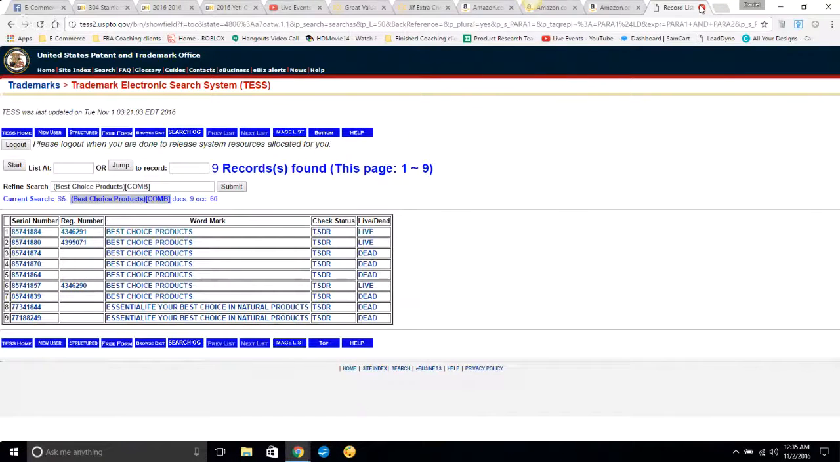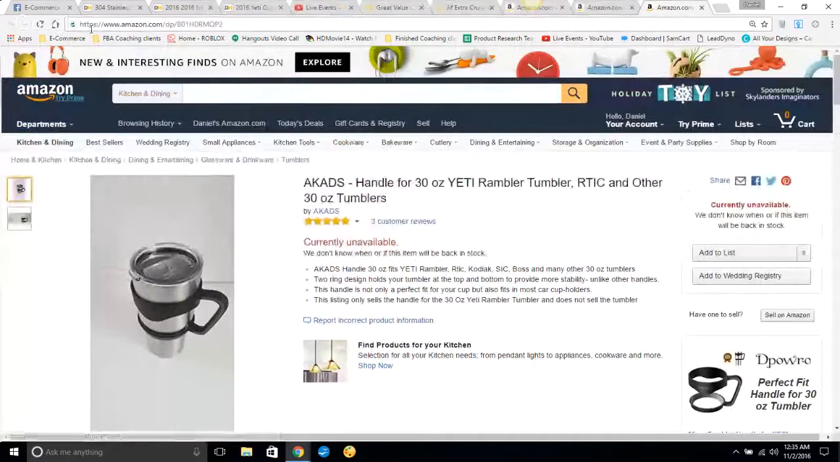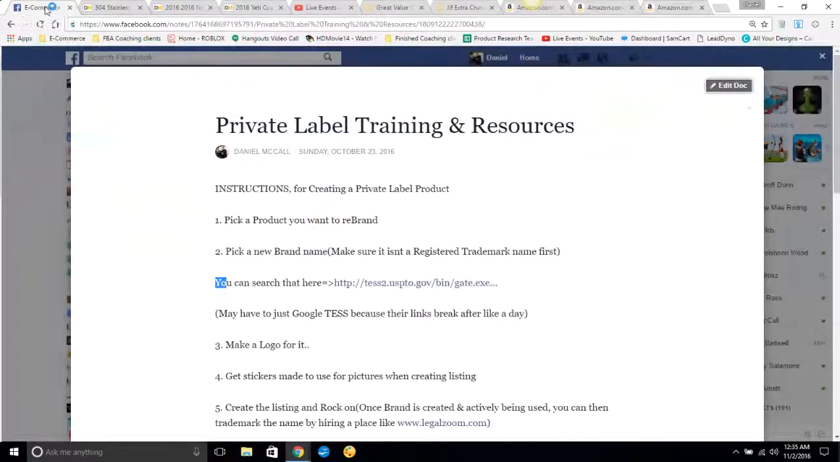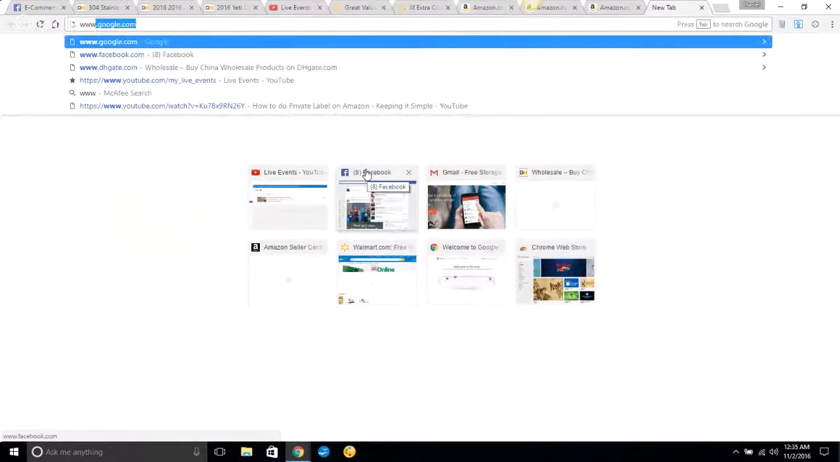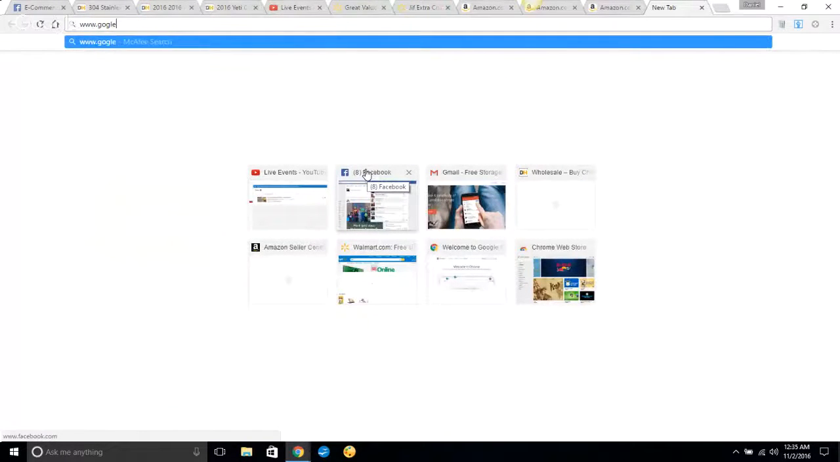I'm going to take it that you understand that. If you don't, go back. All you have to do is see if something exists by going to it. If it doesn't exist, then you can use the name, and you can plan on trademarking the name later on. There are also trademark sites too. This is something I'll go into real quick. I don't have it in my notes, but